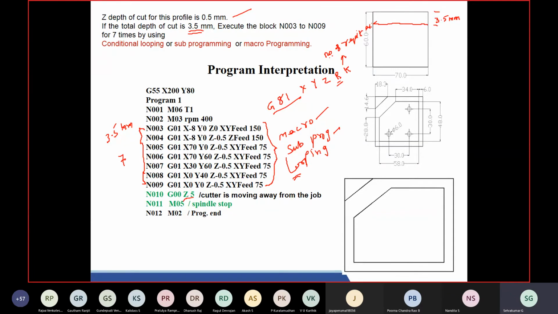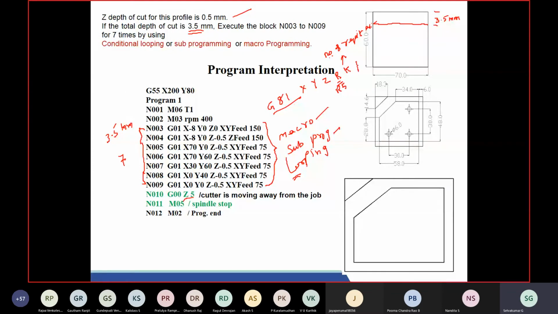In this case, R value you can define. Actually, in this case, 5 mm away, you can say R value is R5. You can write R5 in the sense the home position, your tool will be moving upward direction by 5 mm. K is number of repetitions. In that case, you can give 7. Means 7 times it will be executing, and you need to give the starting block number and ending block number.